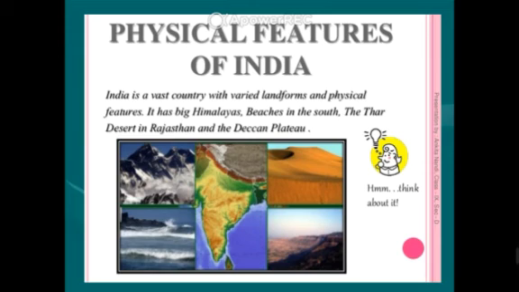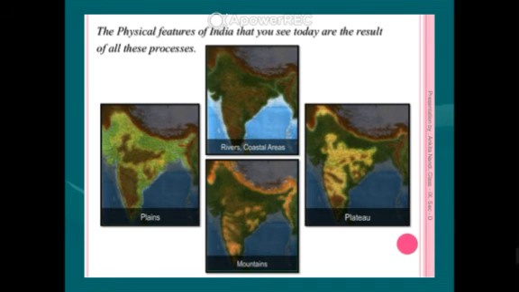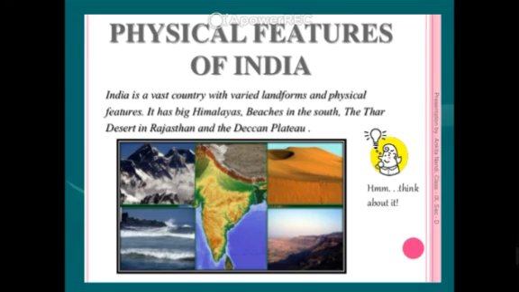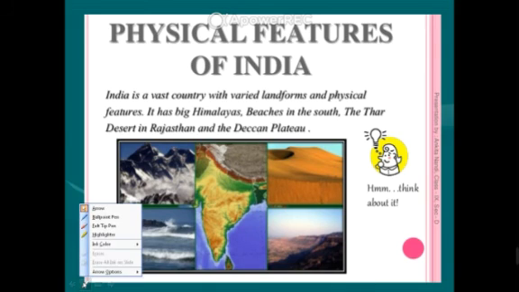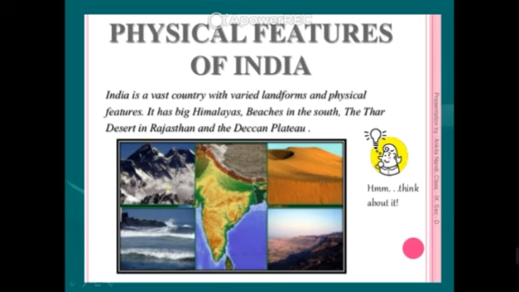Okay, and on the north side, India is covered by the high peaks of the mountains. That means India is covered by mountains, and these mountain ranges are called the Himalaya mountains. Okay, so this is an important feature of India, and on the south side it is covered by the Deccan plateau, and the west and east side. Okay, so on the west side it is covered by desert areas. In the Rajasthan region, desert area is found. Okay, and this is your Deccan plateau region.